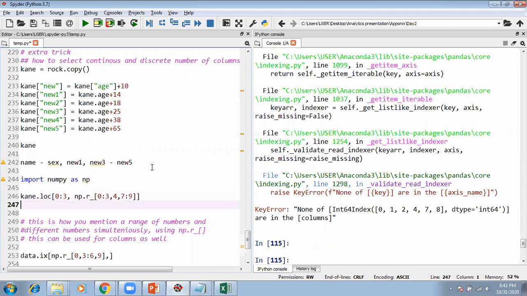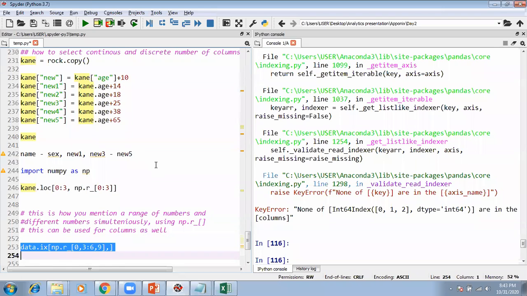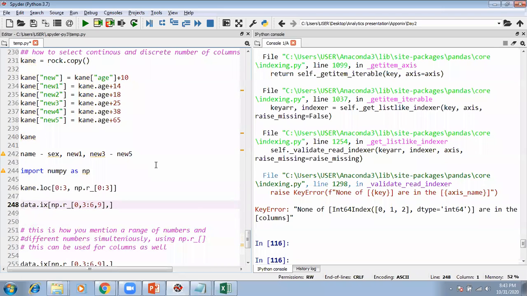So if you execute it, oops, sorry, I'm getting a certain error. So let's do it one at a time. If I write maybe 0 to 3, what is the problem? Let me copy it.